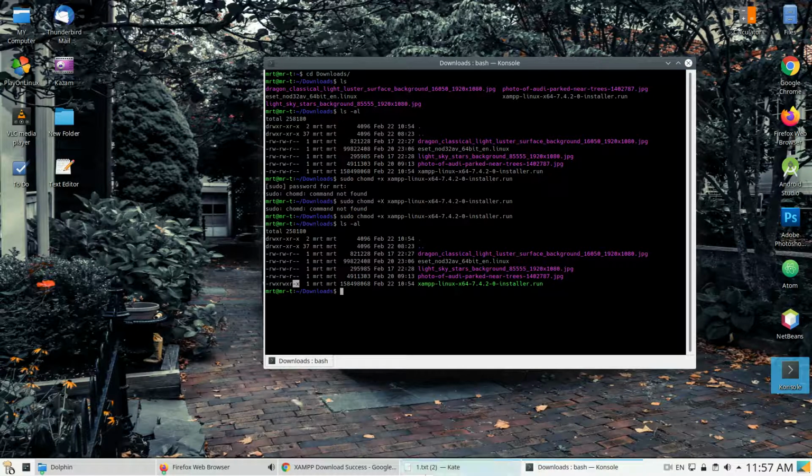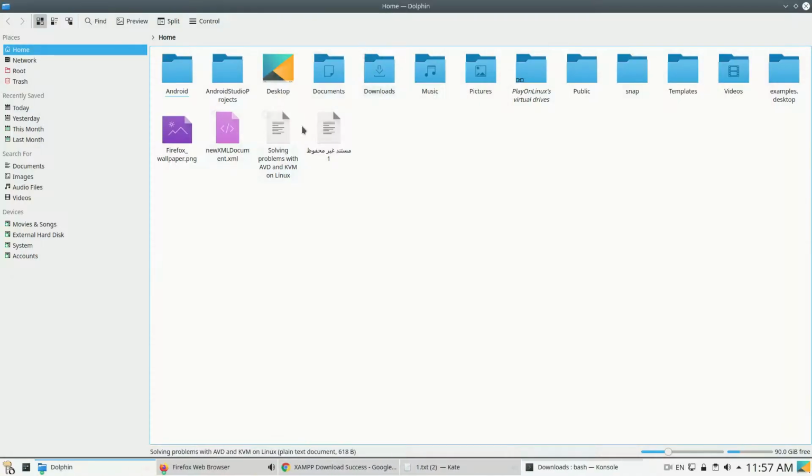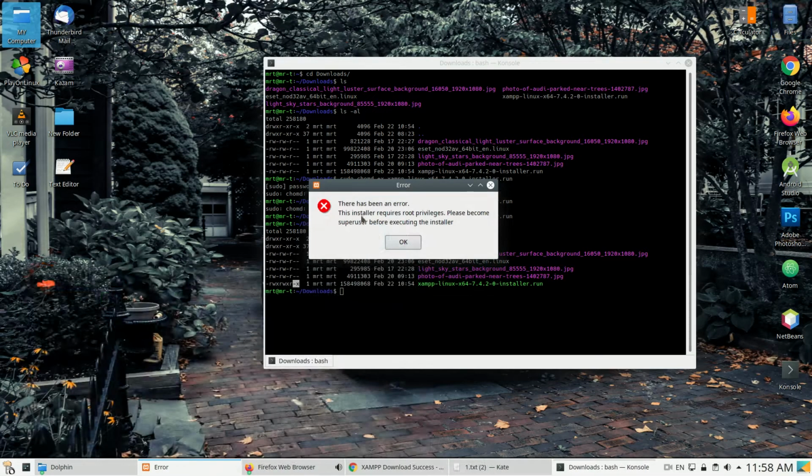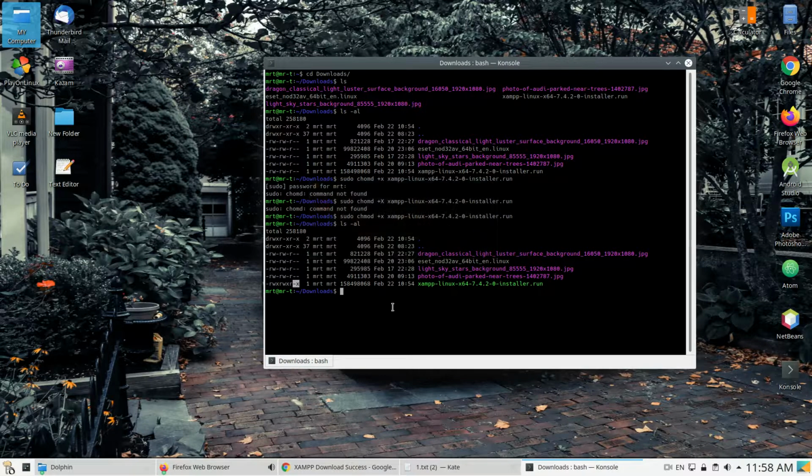Then we will go to the download, my computer, download, and then we will run it. Double click. Welcome. There has been an error. The install required root. Okay. We will go to console again and go for sudo